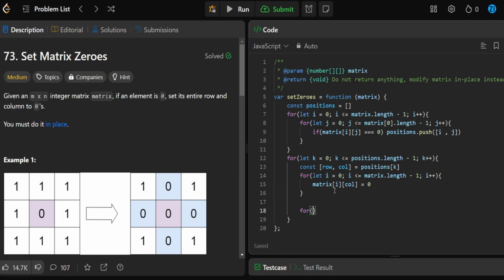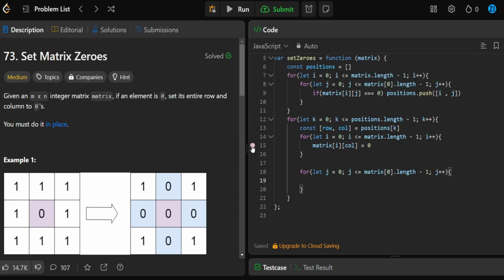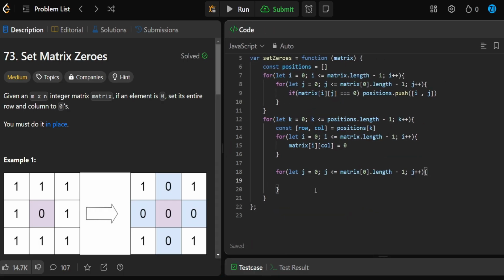We're going to say for let j being equal to 0. And we want to keep on looping as long as j is smaller or equal to matrix at the index of 0, dot length minus 1. And we want to keep on incrementing j on each round. Here we're going to be like, let me scroll down a bit and drag this to the left. We're going to say matrix at the row that we know a 0 exists at. So basically the row that we have our 0 at, and dynamic value for the columns,